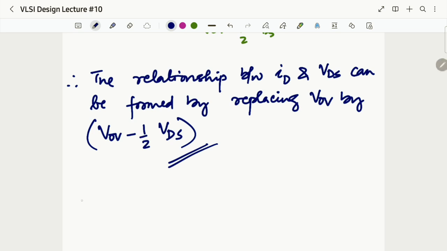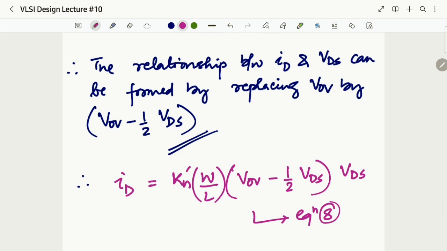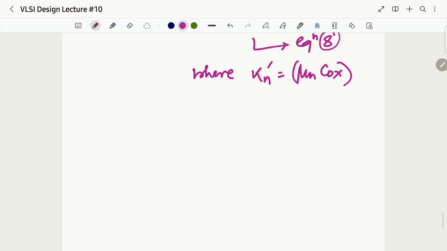So our ID equation will be ID equals Kn dash multiplied by W by L, VOV minus half of VDS, and multiplied by VDS. So this forms our equation number 8, where Kn dash is equal to mu n Cox. Okay, now